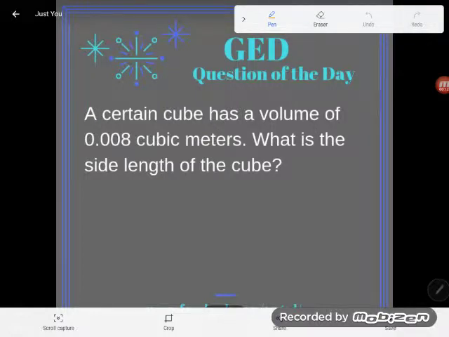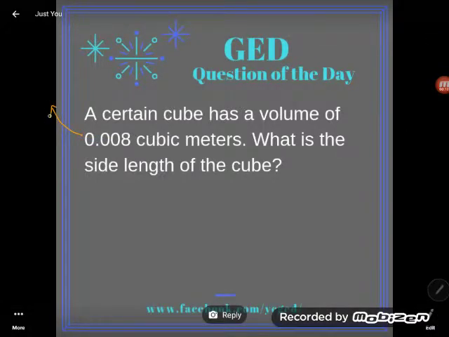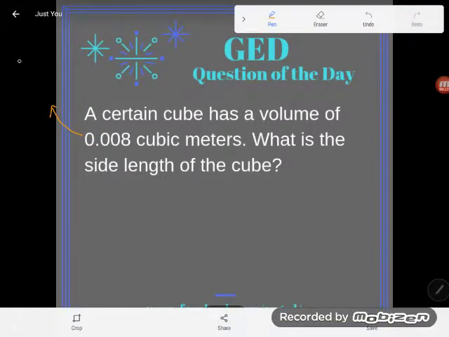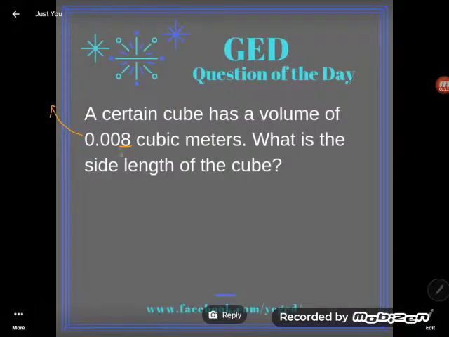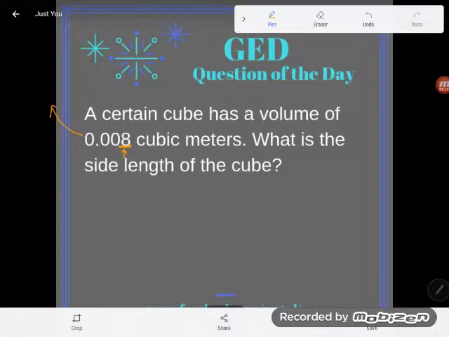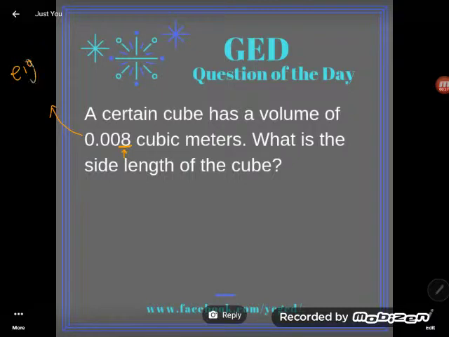It says a certain cube has a volume of 0.008 cubic meters. Now I know you guys read that as 0.008, but a mathematician would read this as 8, and because that 8 is in the thousandths place, 8 thousandths of a cubic meter. It has a volume of 8 thousandths of a cubic meter. What is the side length of the cube? Let me just write that down, 8 thousandths